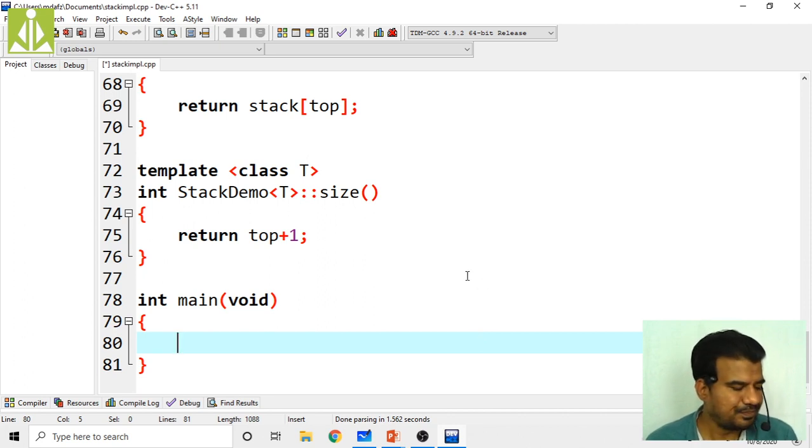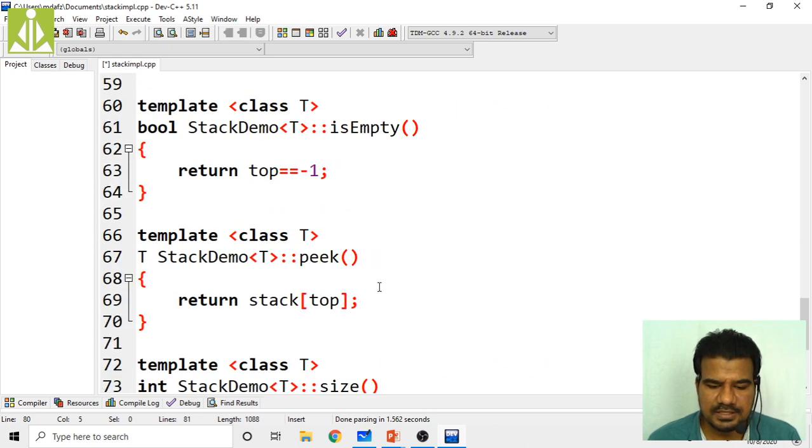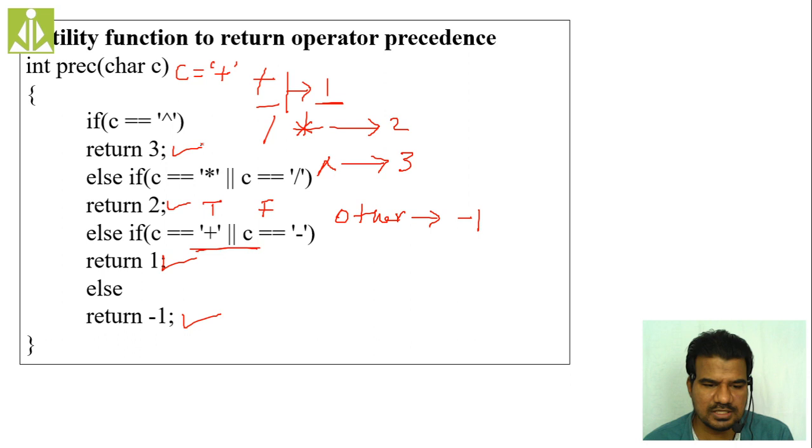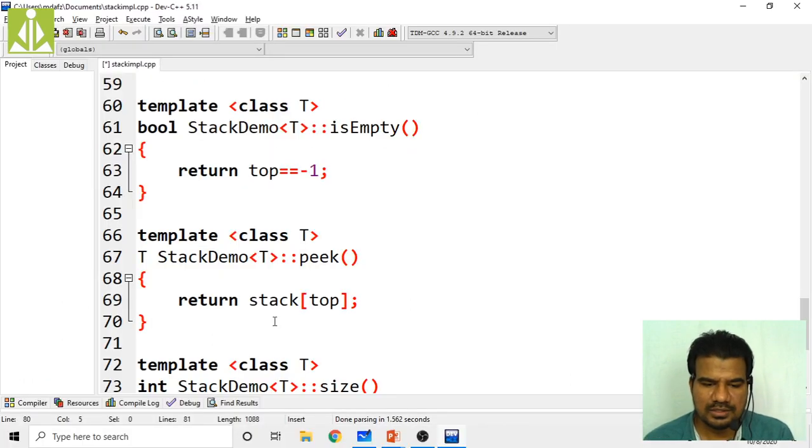The next thing we need to add: go to this PPT and see. Here we have to add the operator precedence function. Operator precedence function is nothing but this function. This entire code as it is we have to write into our IDE. So that I will do now.